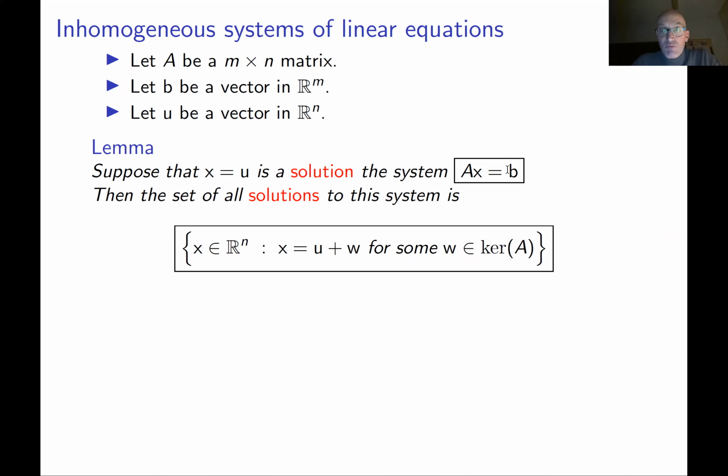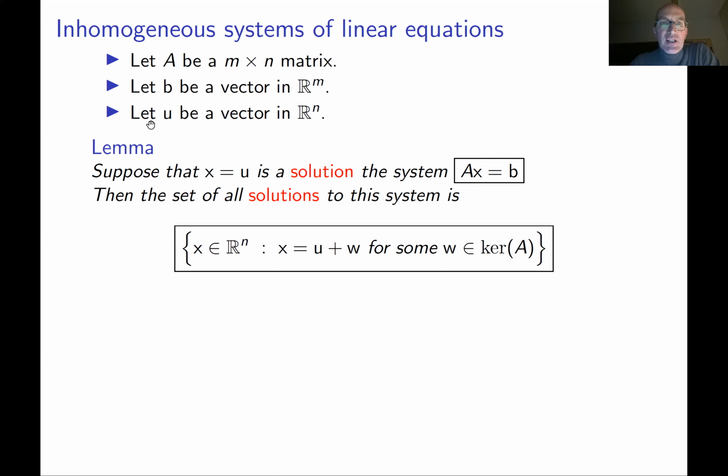We already know more or less how to deal with homogeneous systems of equations. If you put b equal to 0, then this is just the kernel of A. We know how to say when this kernel has positive dimension, and when it has dimension 0, when there is only one solution, the 0 vector. So when b is 0, we can say a lot of things about the system of equations. But in general, if b is not 0, what we ask in this lemma is to have just one solution of this.